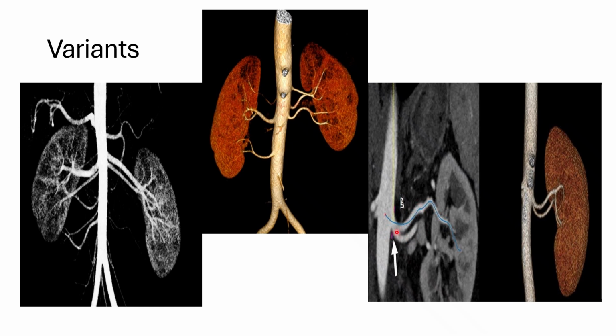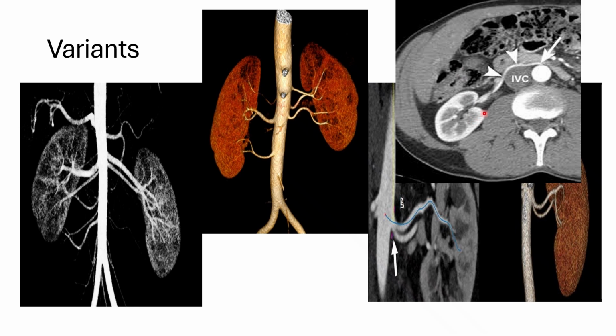If the first branch originates less than 1.5 to 2 centimeters from the origin of the renal artery on the left side, or from the retrocaval segment of the right renal artery, it is called early branching, and this is very important for renal transplant patients. Now another anatomical variant is that the right renal artery has a precaval course. This is the IVC, and the right renal artery is traversing anterior to the IVC. So this is called the precaval course of the right renal artery. These are the anatomical variants of the renal artery.